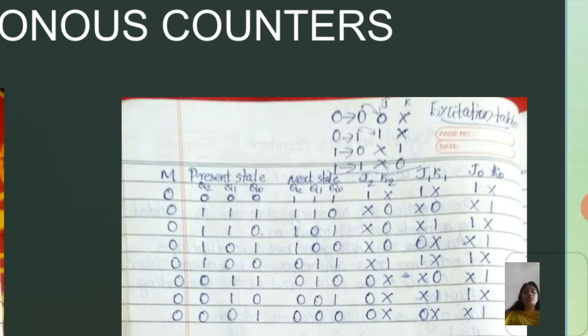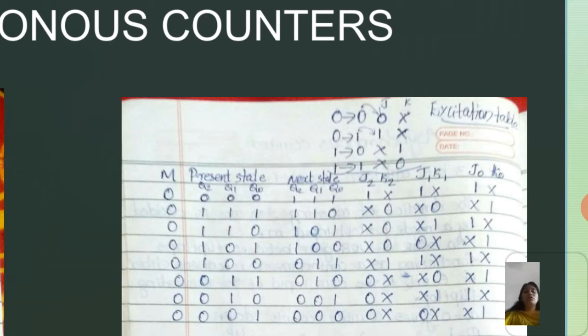You can note that the next state values are as represented in the J section. For the first two cases, the next state is 0 and 1, and that is represented in J also. 0 is mapped to 0, 1 is mapped to 1.